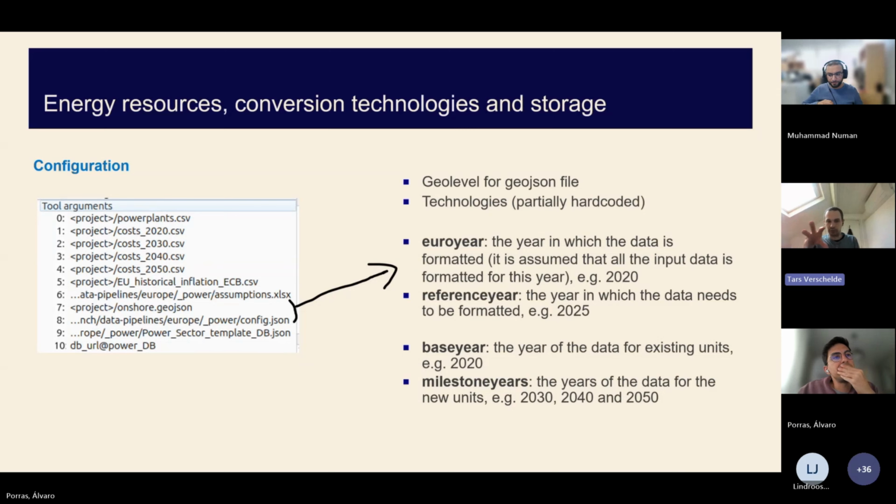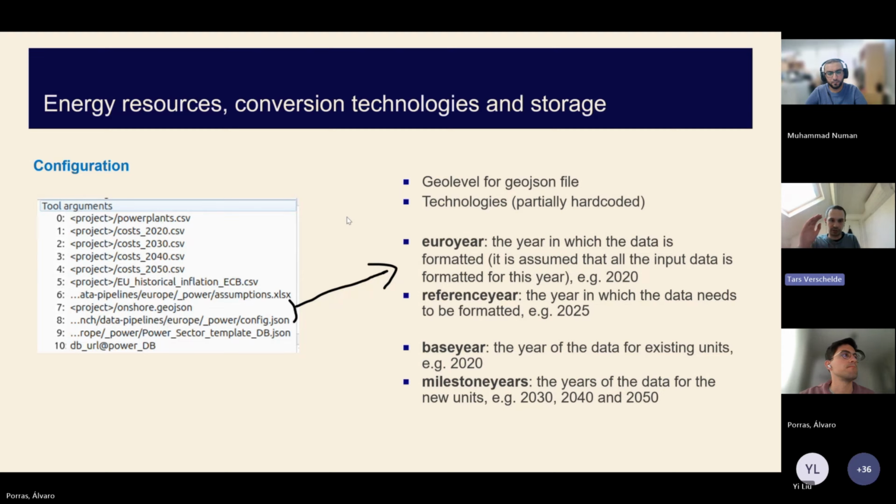So what can you do with these things? First we have the geo level. You have the GeoJSON file, which can also be found, I think, in the database repository, or you'll have to provide it yourself. Most likely you'll have to provide it yourself because it's a bit case study specific. If you're doing the European case study or the industrial case study that we have in our Mopo project, then we're using different GeoJSON files, and you'll have to provide that file as well as the geo level that you want. And then all of these power plants from the power plant matching file will be aggregated to that level.